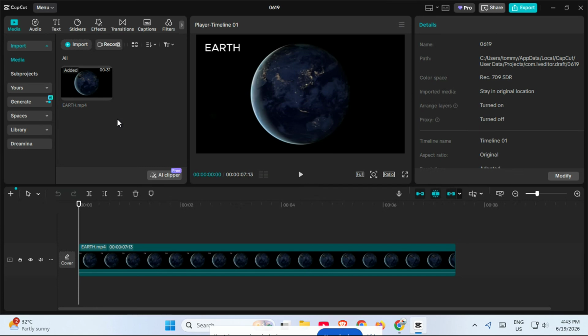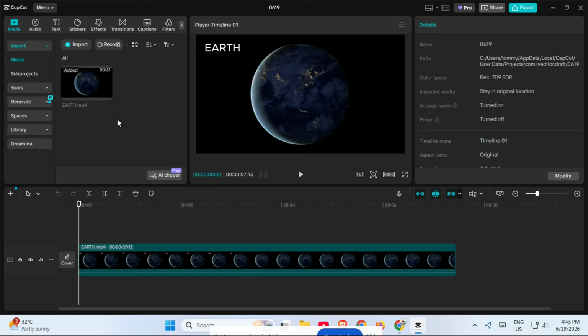If you don't see the media section right away, make sure your project has fully loaded and that you are in the main editor view. In most cases, the media tab is located clearly at the top, so once you know where to look, it becomes very easy to find again. This is one of those small steps that makes the whole editing process smoother, especially when you're working on multiple